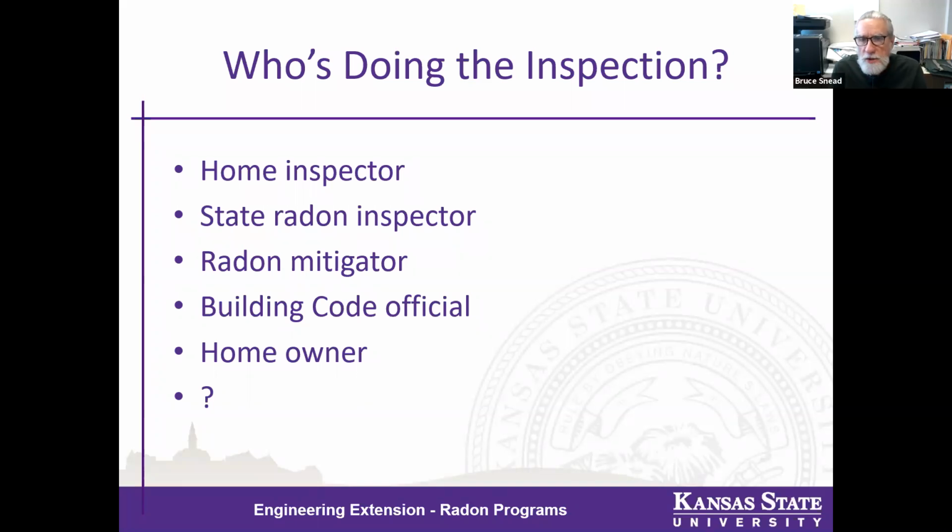So, who's doing the inspection? That's a key question. Who is responsible? What is their role in terms of inspecting the mitigation system? Of course, many home inspectors doing radon measurements in existing homes would be candidates for using checklists and other tools to inspect the system. If there is a regulation or licensure in the state, a radon program person might be inspecting the system. Radon mitigators might be inspecting pre-existing systems or systems installed previously or systems installed by other contractors.